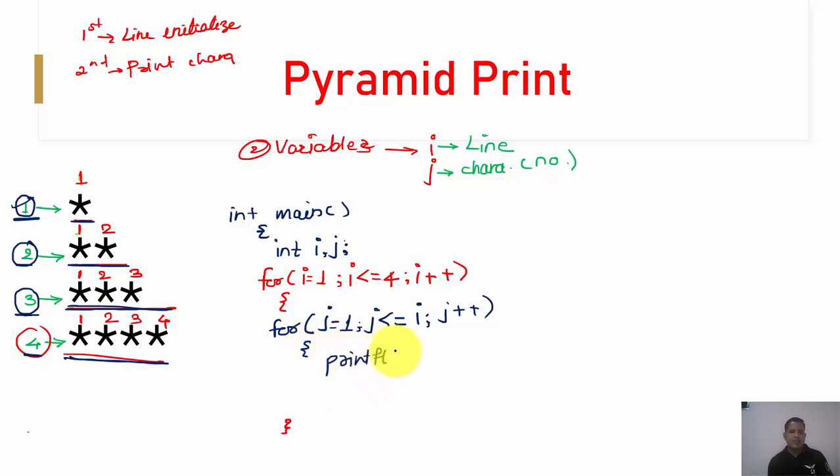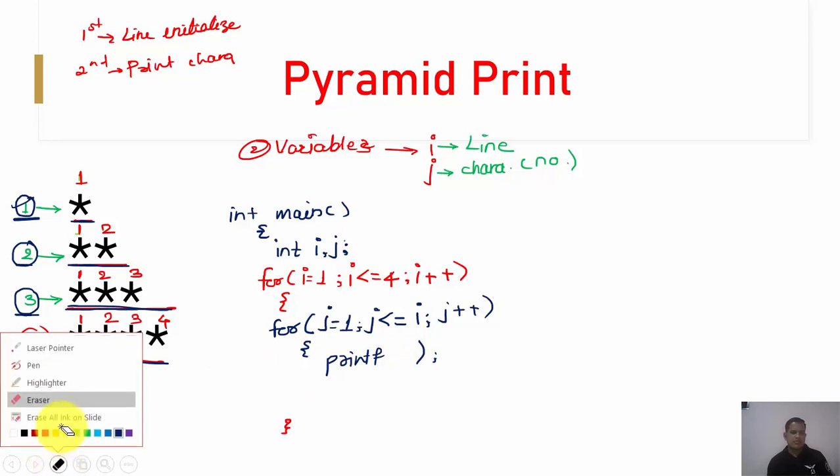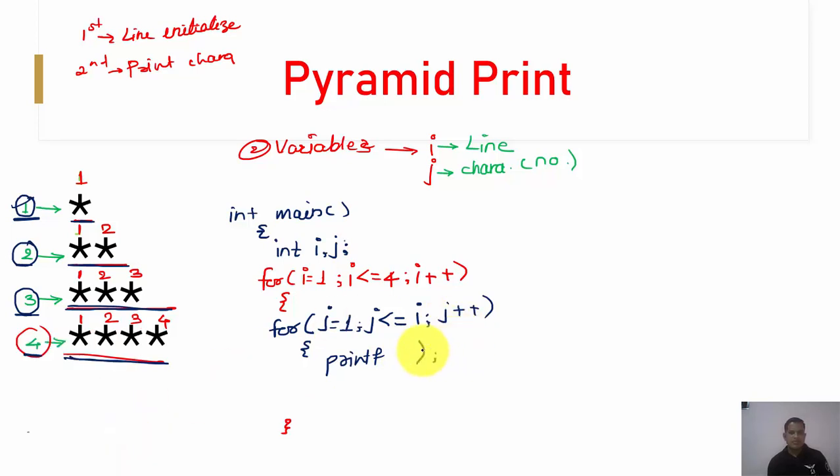So printf this simple character, okay, and just terminate it over here. Now let us cross check how the things are going to work.